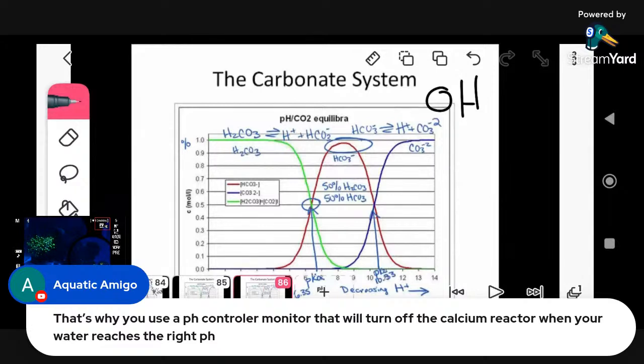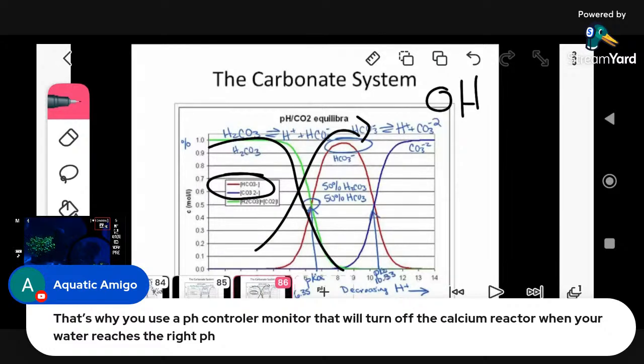So when you add the kalkwasser, you decrease the acidic, the carbonic acid, and then you make bicarbonate or you make baking soda. In other words, I'm just simplifying it. If you're a chemist and you're watching this, bear with me, guys. I don't teach chemistry to people. But anyways, the red right here,